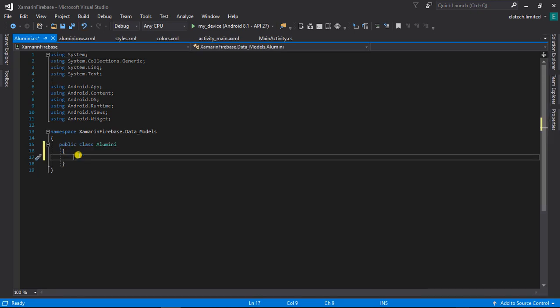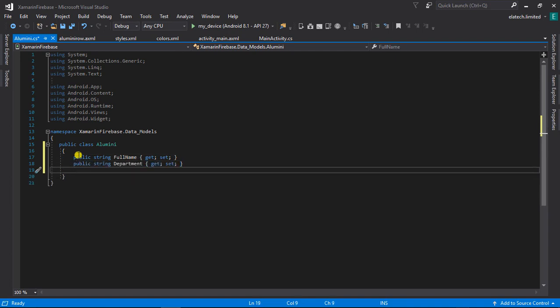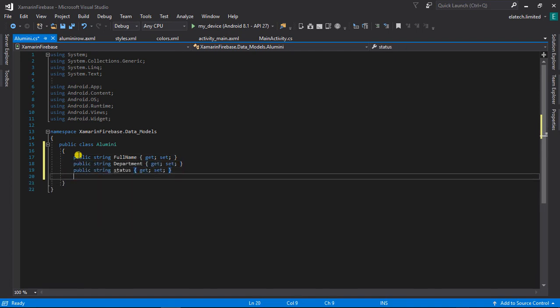So the next thing we need to do will be to add items. So whenever I say item, I mean the alumni's full name, the department, the status, and the set and the ID as well. So to create those items, I'm going to go ahead and say public string, because the full name will definitely be a string. I'm going to have full name. And for the department and the status and the set,